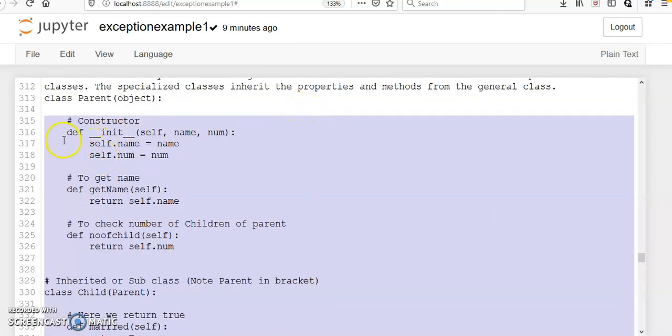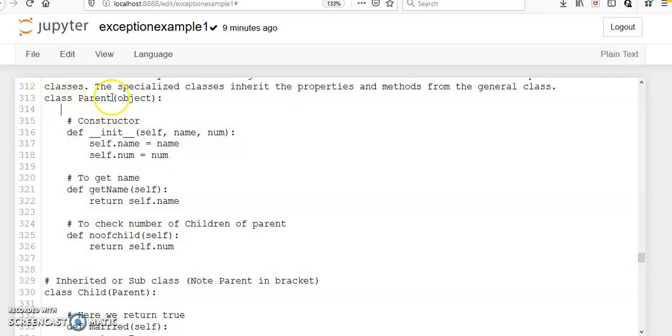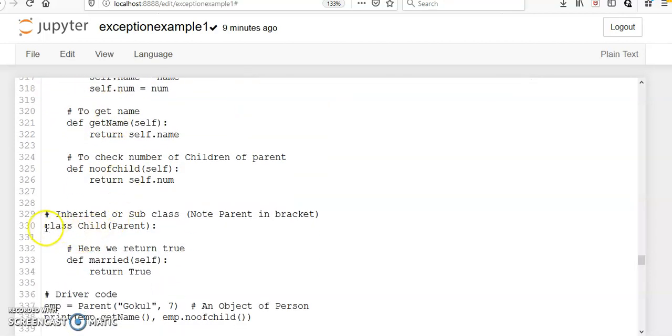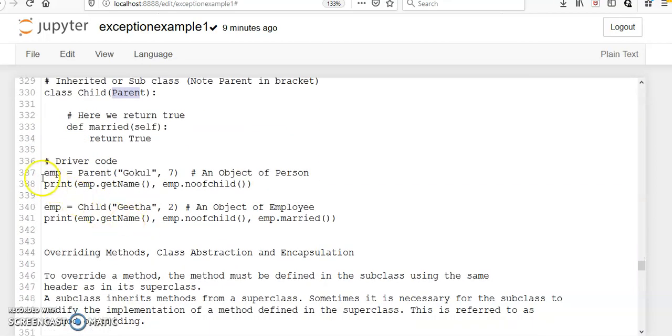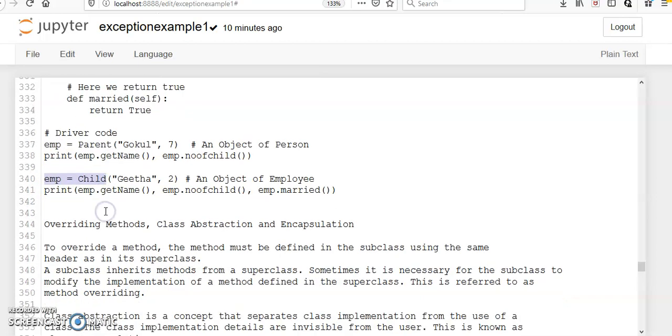The base class named Parent is created, and the derived class named Child is created with Parent passed in the argument, and we are accessing the code using the objects. The driver code is where we create an object for the parent class and an object for the child class. You may ask why we have to give the same name. You can also give a different name. If you give the same name, the object will be overwritten with this content.